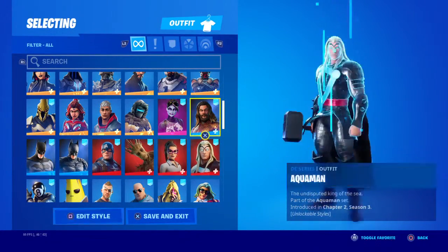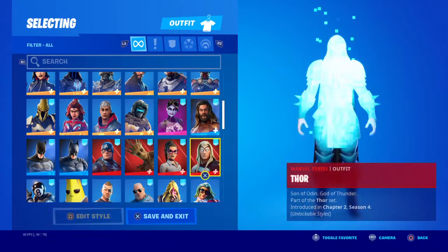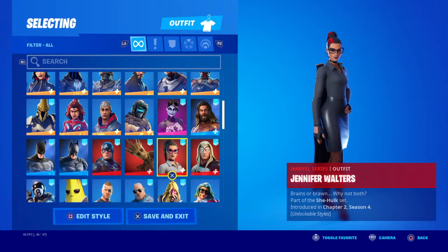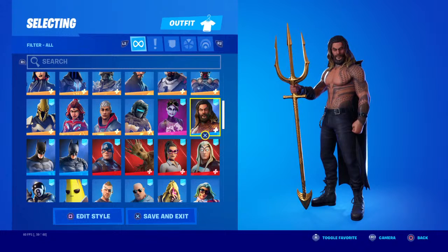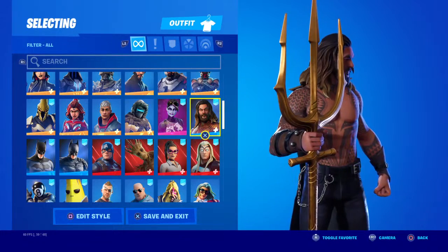And then we have characters like Aquaman who are part of their own set. But that's because, honestly, they could have just made it the Atlantis set, but, you know, Aquaman set is fine, because it's just him. He's really the only main character. Now